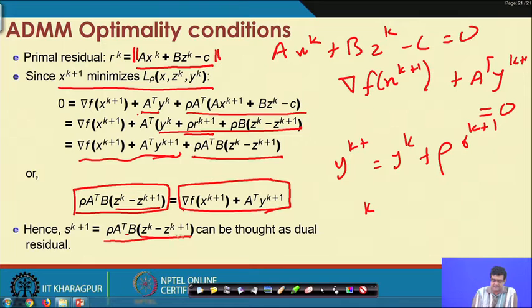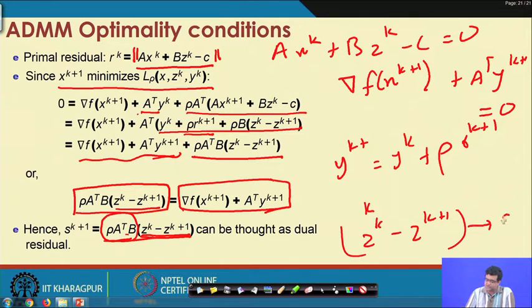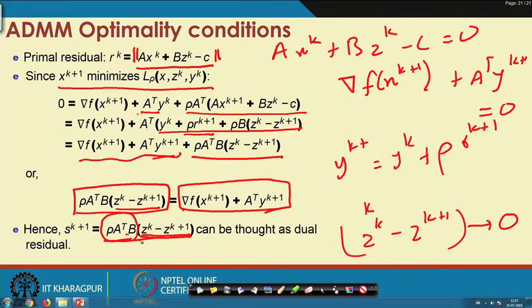So, this is the new z, this is the old z, and you take the difference between the new z and the old z and multiply by this known constant. If z_{k+1} minus z_k goes to 0, then this product will also go to 0.